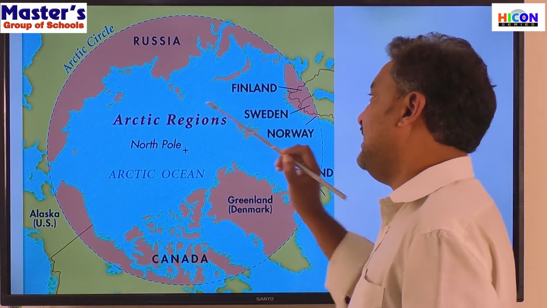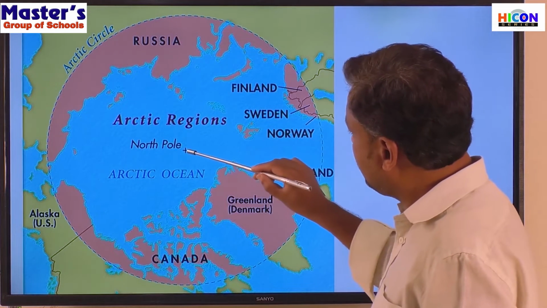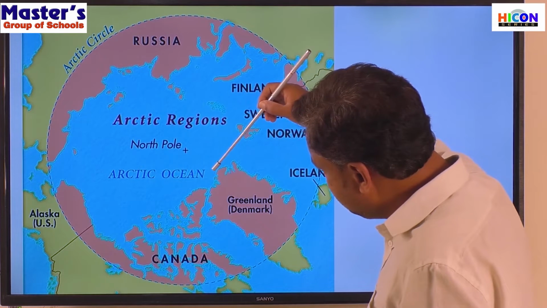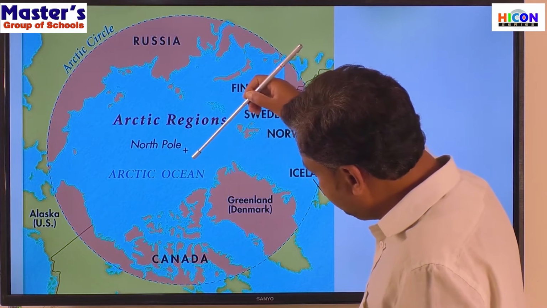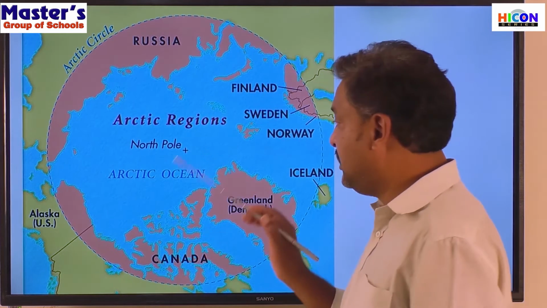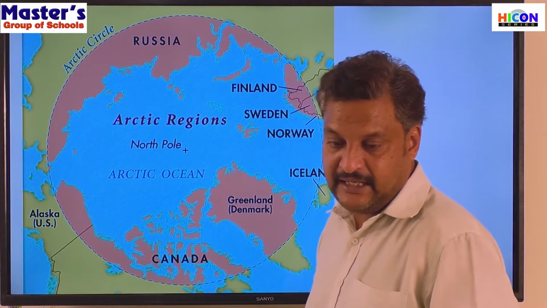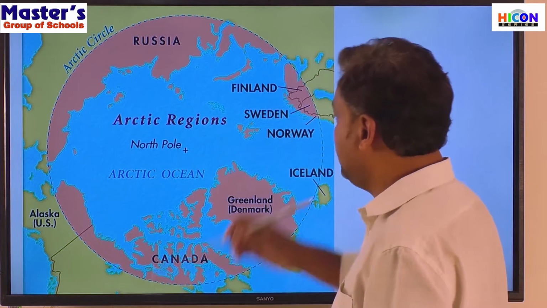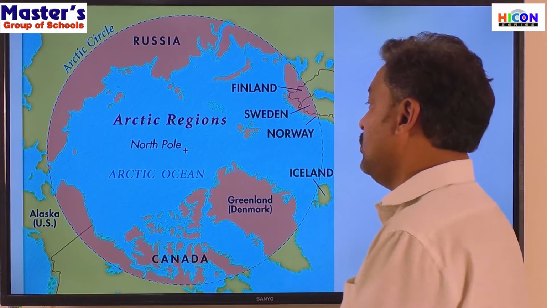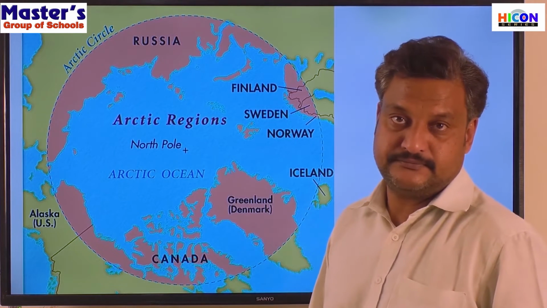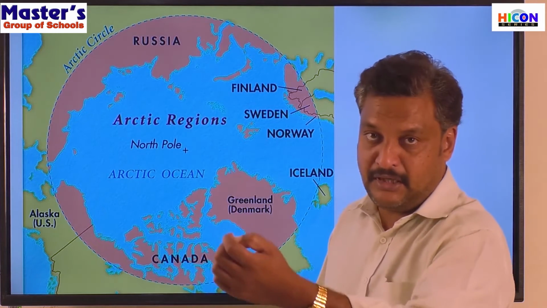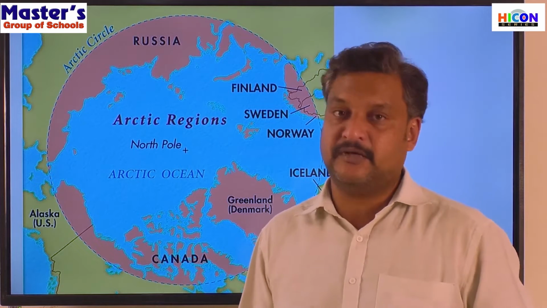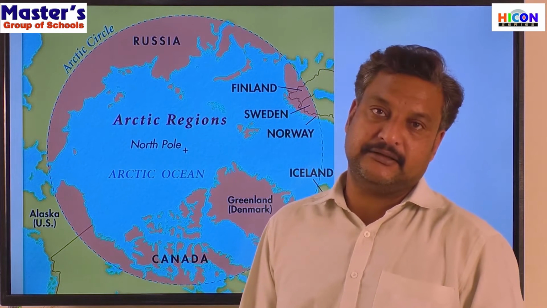Which is the northernmost land mass here? These are all very far. Something very close is this region, isn't it? Yes. So this region is the closest land mass to the North Pole, and that area is known as Cape Morris Jesup. This is Cape Morris Jesup, and that is located in Greenland. Okay, so the northernmost land mass, which is close to the North Pole, is Cape Morris Jesup, and that is also located in Greenland.